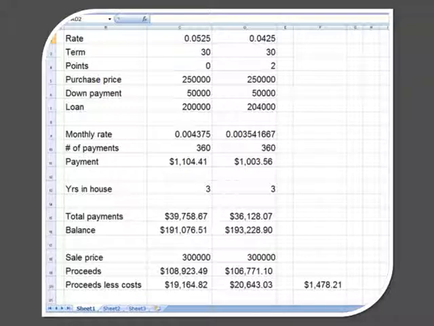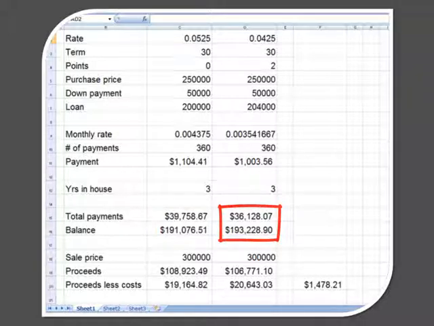Now we have to make some assumptions. So say in this case, in our simple example, we know for sure that we're going to spend 3 years in that house. Maybe it's a situation of being a federal employee and knowing that you're going to take a 3-year position someplace. And after that 3 years, you're going to be leaving. So you know for certain how long you're going to live in that house. So over that time, you know how much your total payments are going to be over that 3 years' time, and then you'll know the balance on the loan amount after that time. And so you can see those numbers in cells C15 and C16 for option A, alternative A, and D15 and